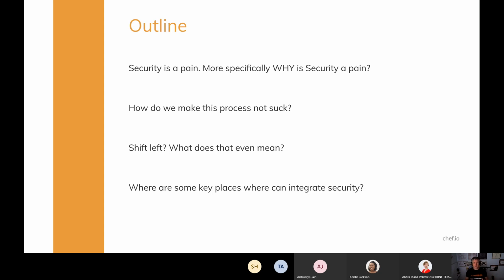And I'm sure that even when we talk about security and compliance, people use the phrase shift left. So what does that actually mean? You know, people throw a lot of buzzword terms around. So let's dig into that a little bit. And then the fourth thing that we're going to look at today is a couple of key places where we can integrate some of our security best practices into our standard operational and development practices to make this a more